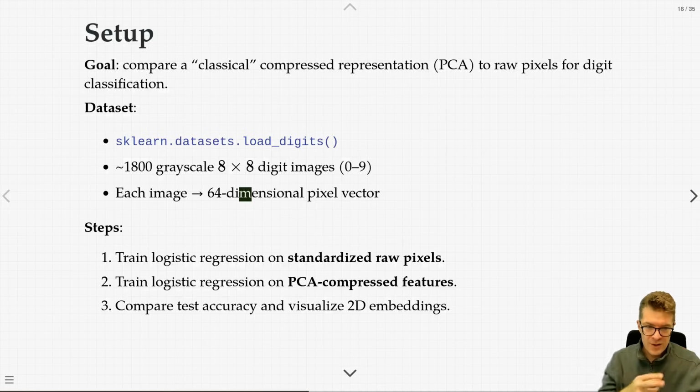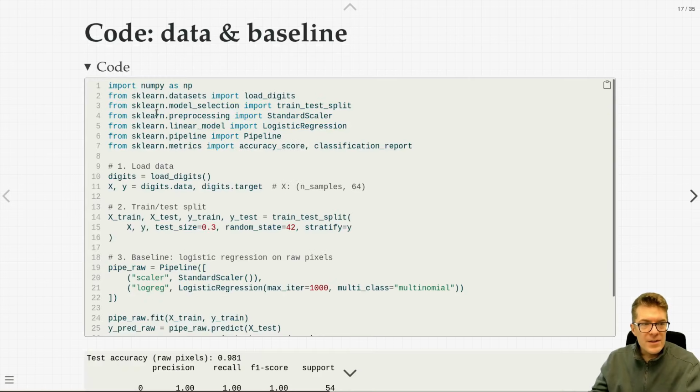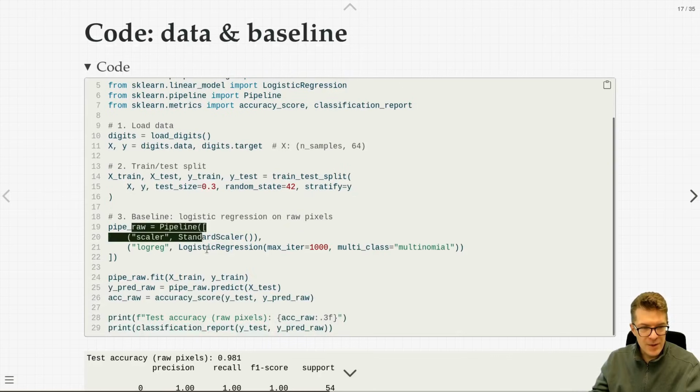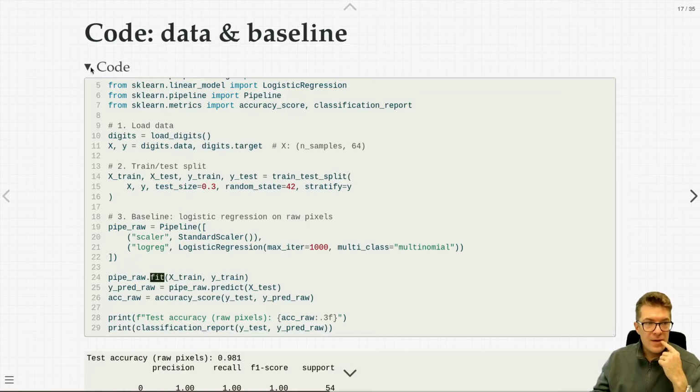So we're going to train a logistic regression on the standard raw inputs. We're going to train logistic regression on the PCA compressed features, and then we're going to compare test accuracy and visualize 2D embeddings. We've basically already done this in a previous module, but because it makes sense here, we'll see it again. Here are the same old techniques. We're using sklearn's pipeline, and we're using sklearn's fit, so nothing too much going on here. This is the raw performance. I think the only thing I'll mention is